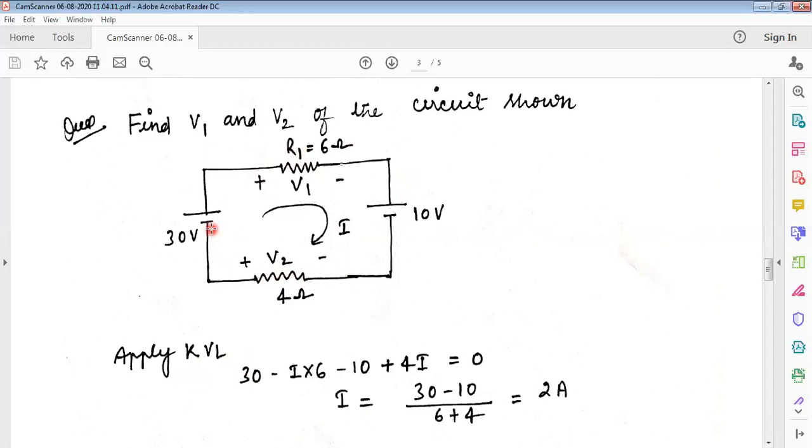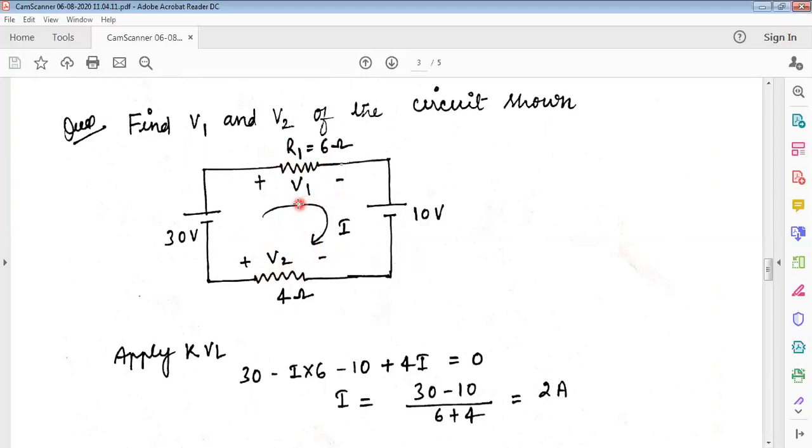So here you are moving from low potential to high potential, so this is a voltage rise. So voltage rise equals 30. Now here, from high potential to low potential, this is your voltage drop. And again from positive to negative, voltage drop; negative to positive, voltage rise. So total voltage rise is how much? 30 plus V2. How much is the total drop? Total drop is V1 plus 10. So total rise equals total drop.